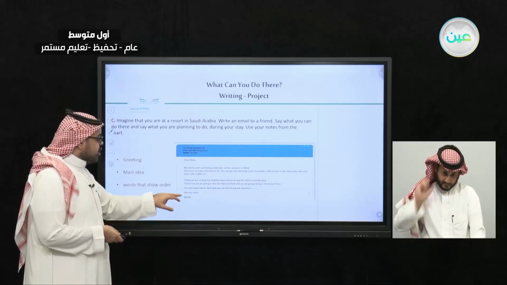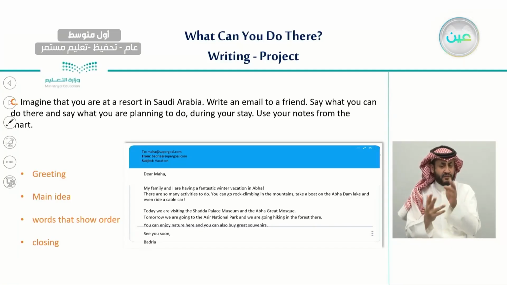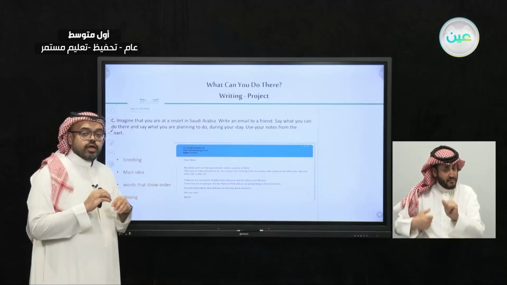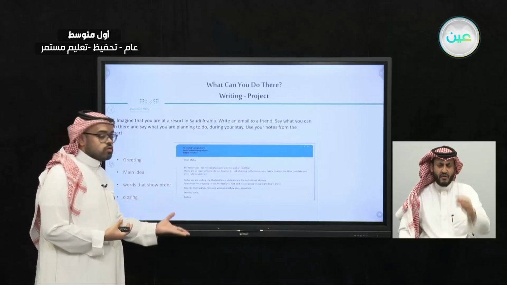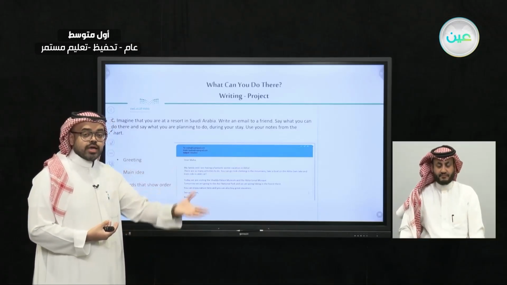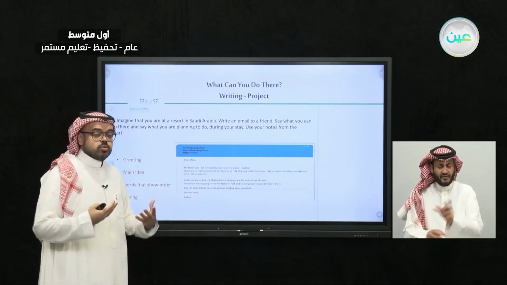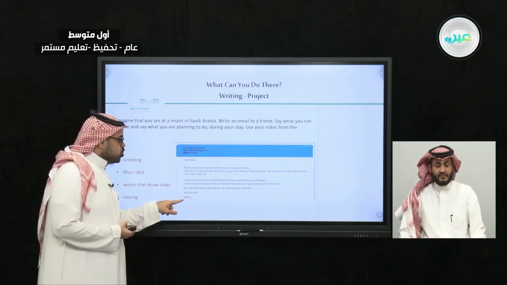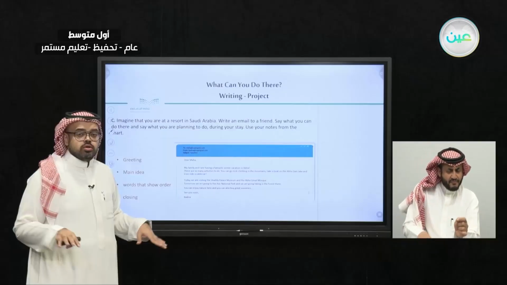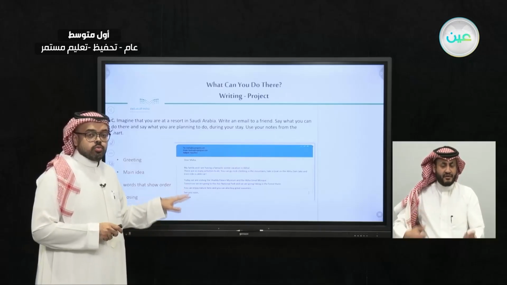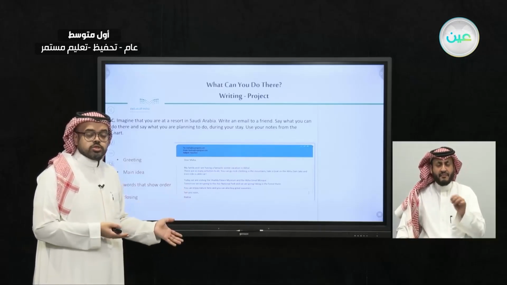Also with the closing, here we have the two parts of closing. Closing is not only writing our name, but also we should precede our name with similar sentences like see you soon, write back to me, waiting for your reply. Such phrases are very important when we are closing. Also, you should write your name at the bottom of an email. Any email you write, you should put your name at the bottom, as it's very important to have such an email.